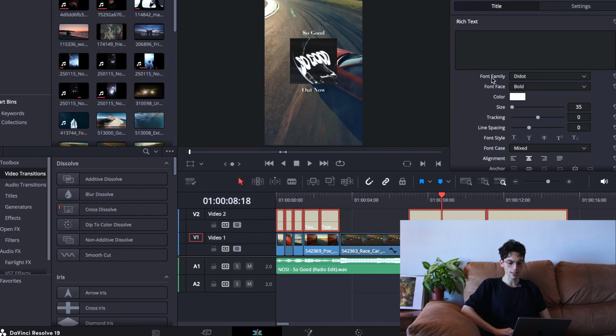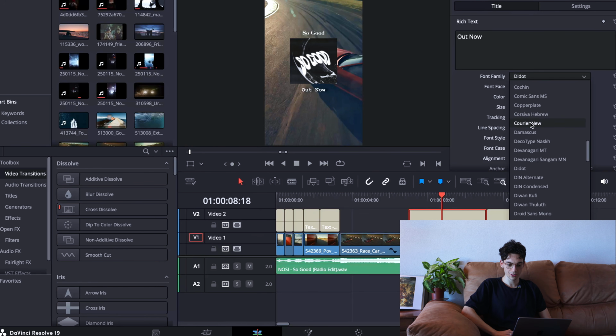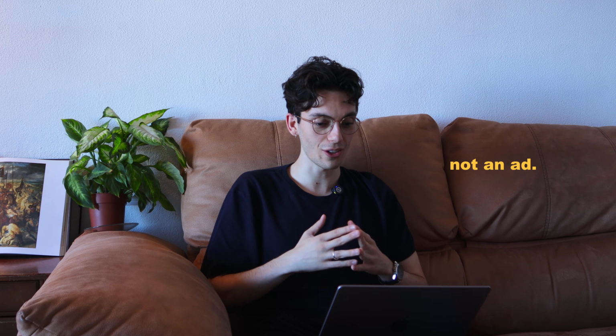The last thing that I forgot to mention is the font that we used. In this specific scenario, we used a font called Didot, I don't know how to pronounce it. And this is just a clean and emotive feel. Notice that if I choose any other font, it doesn't look quite the same. This is of course a matter of personal taste, but it changes a little bit the mood of the track. That's why we also take some time to figure out what specific font matches with the visuals. And the result is really a creative that almost feels like a short film and not an ad.